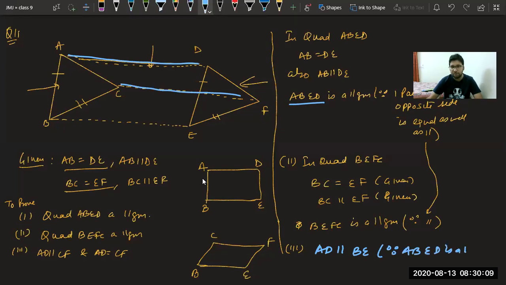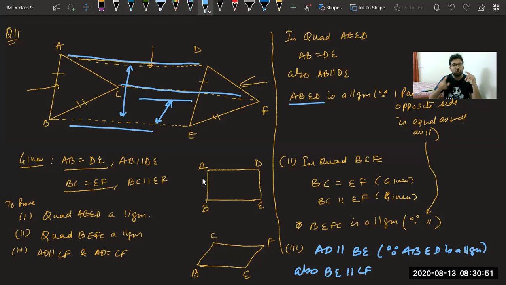ABED is a parallelogram. Similarly, can I say BE is parallel to CF? Class, please answer. Piyush, very good. Others, please try. Can we say BE and CF are parallel? Only a few people are answering, beta. Others also try, please. Vaishnav, Parkhi, yes. Ananya, good beta. So we can say these two are parallel because we have proved it a parallelogram. We can say these two are parallel because we have proved them also a parallelogram.